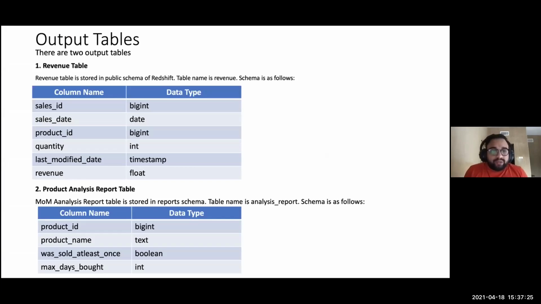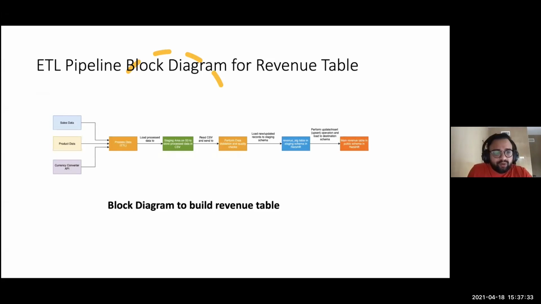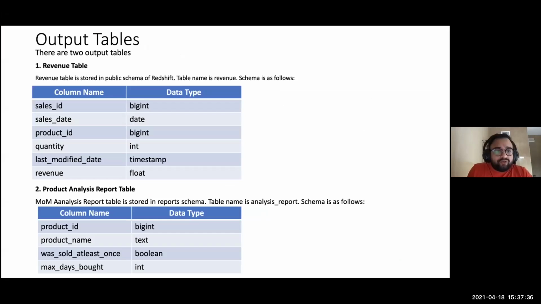So in terms of output tables, what will be the output of today's pipeline? We will give in three data sources: sales data, product data, and a currency converter API. The first output table will be the revenue table, and we will also see the input table schema, but here I'm talking about the output table schema. We'll store sales ID, sales date, product ID, quantity, modified date, and the revenue that particular product and sales ID generated. The revenue is nothing but a calculation, quantity into